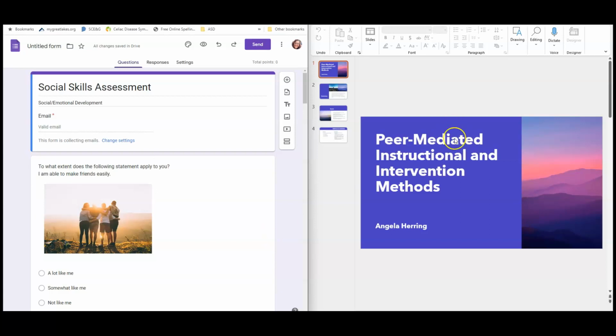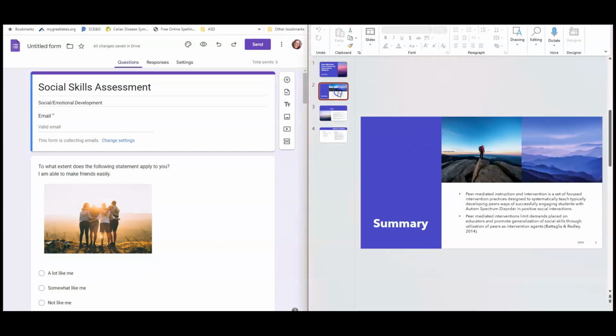I would start with the peer-mediated instructional intervention methods. This is where the peer-mediated instruction intervention is a set of focused intervention practices designed to systematically teach typically developing peers ways of successfully engaging students with autism spectrum disorder in positive social interactions. Peer-mediated interventions limit demands placed on educators and promote generalization of social skills through the utilization of peers as intervention